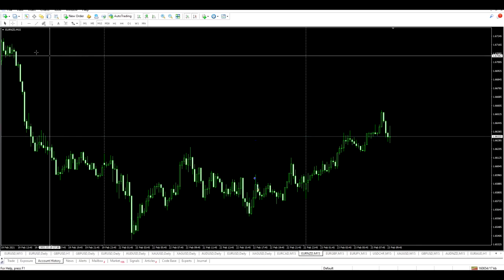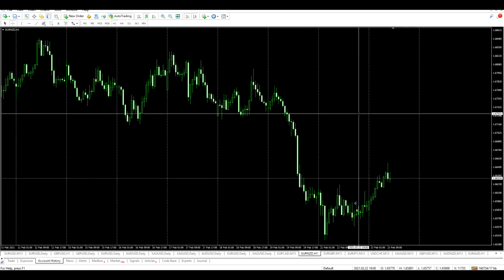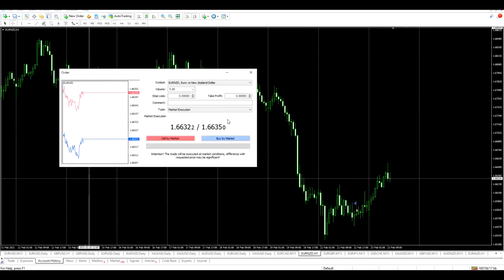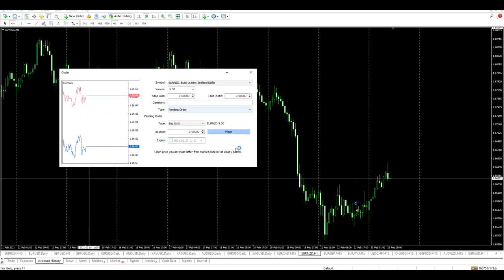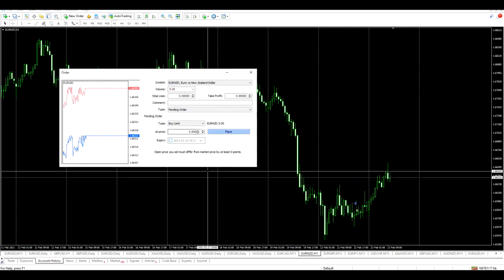What I'm going to do is go to the New Zealand dollar, and go to the 1 hour time frame, and enter a new order. Price is not yet at the point of entry, so I'm going to set up a pending order. All I'm going to do is copy the entry, and put that in, and we're going bearish, so I'm going to put this in as a sell stop